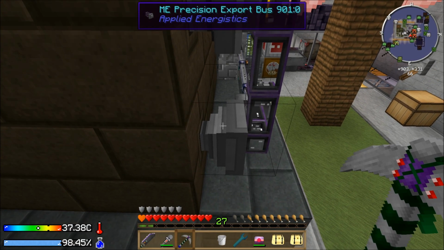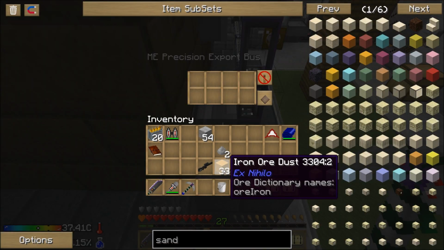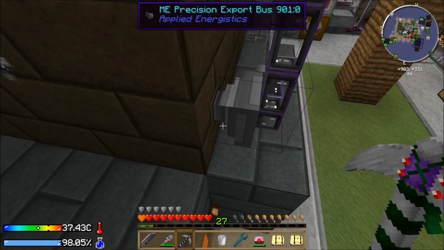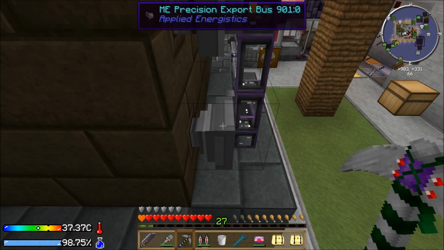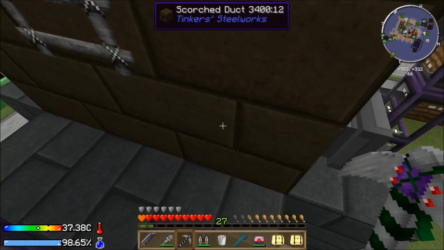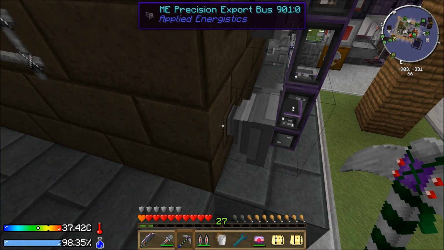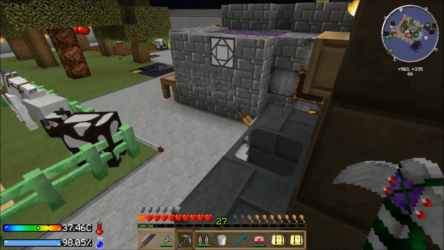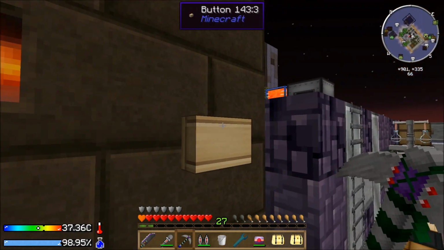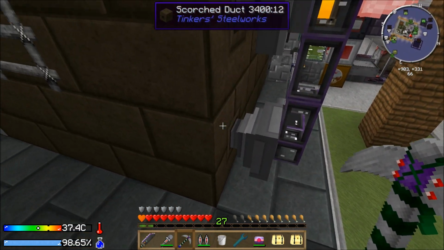So here you can see I've got an export bus. This is where I'm actually going to set up all of the different dusts in here, and I'll put this scorched duct on the corner. And I'm hoping that I'll be able to use a second input bus on this side of the duct and still be able to get stuff into it without having to put it directly into that little hole that shows on there, you know. So hopefully I can get 2 import buses onto that,